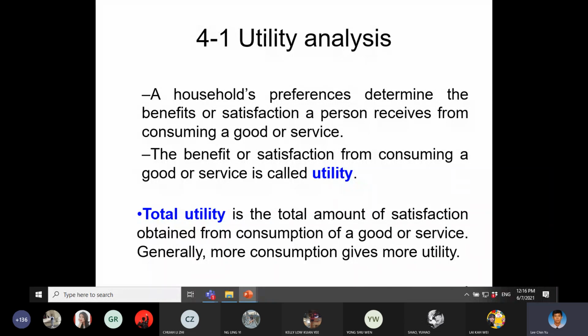But because utility means satisfaction, the person consumes the good, therefore they will receive the satisfaction or benefit. So that person knows whether he or she is satisfied by consuming the good or not. If you can only know whether we prefer one to another, we cannot analyze further. If we base on the ordinal way, we know which one we prefer, but we cannot analyze, meaning that over here,